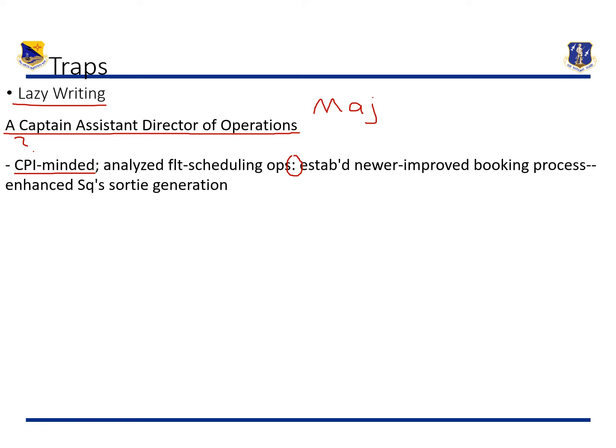See that? That's a distractor right there. Enhanced squadron sortie generation by what number? How much? Lazy writing in itself is basically when the member lacks specificity. It's when the member lacks accuracy, and those things become distractors. It's also when you start seeing use of acronyms that may not necessarily be recognized by other readers. We want to definitely avoid this trap. I don't know how much, we're not able to measure it. So again, what is up with the data?